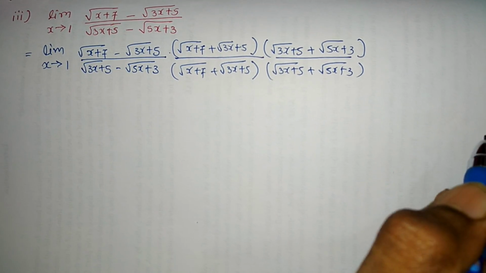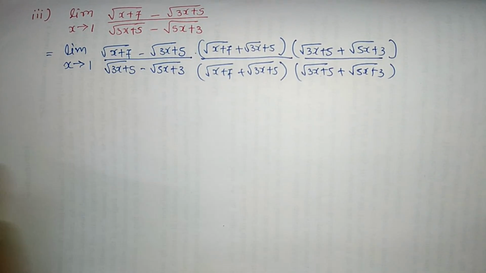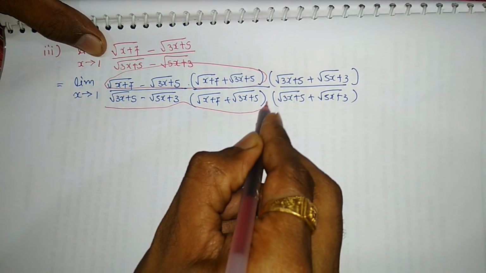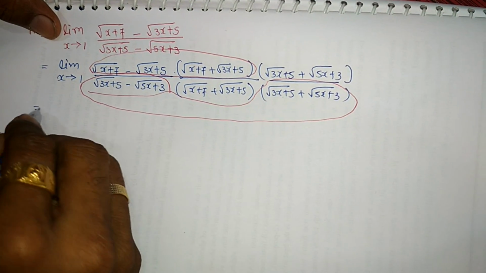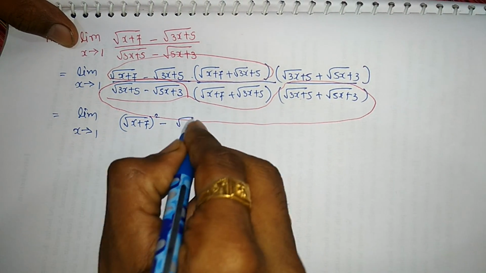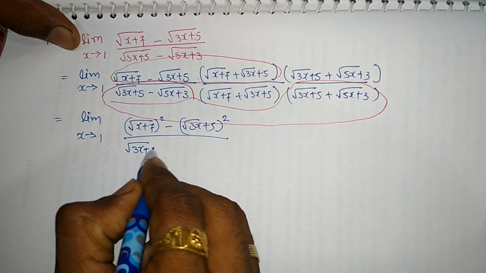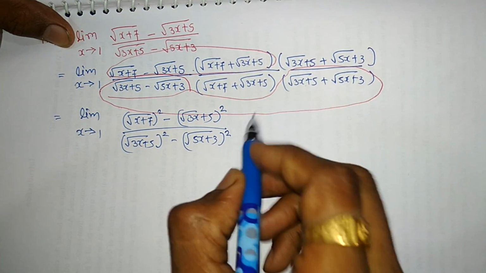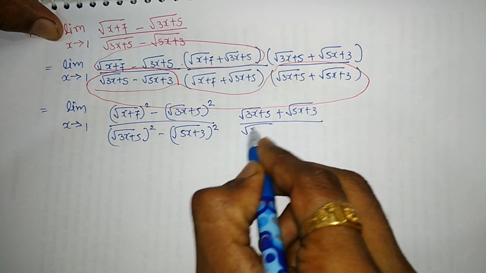So here friends, we can see that this is a minus b, a plus b, so it will be a square minus b square, and this is a minus b, a plus b, so this will be a square minus b square. So we can take the pair of this, and the pair of these as a minus b and a plus b terms. So this will be limit x tends to 1, root x plus 7 whole square minus root 3x plus 5 whole square. In the denominator, these and this, that is root 3x plus 5 whole square minus root 5x plus 3 whole square. The remaining terms are root 3x plus 5 plus root 5x plus 3 upon root x plus 7 plus